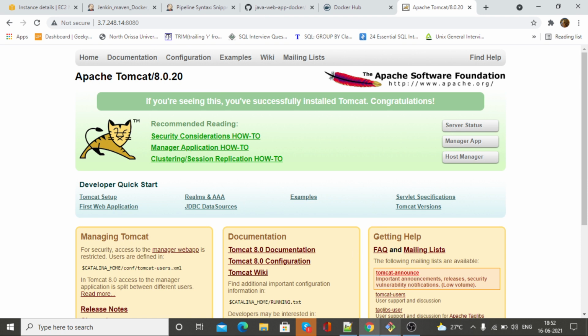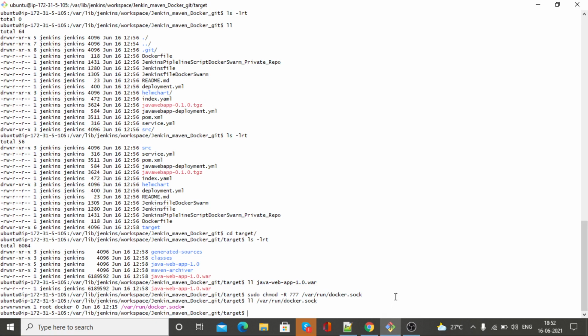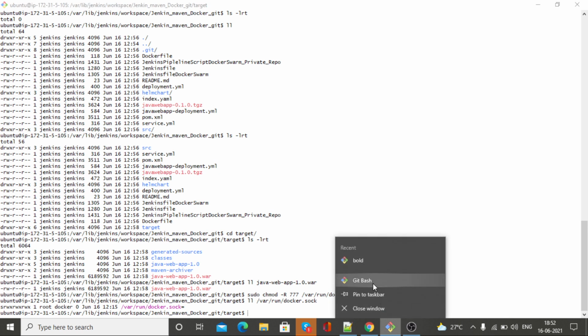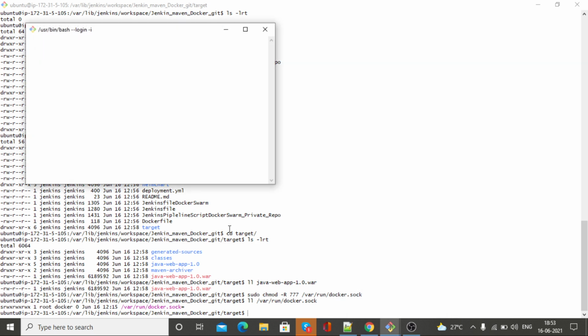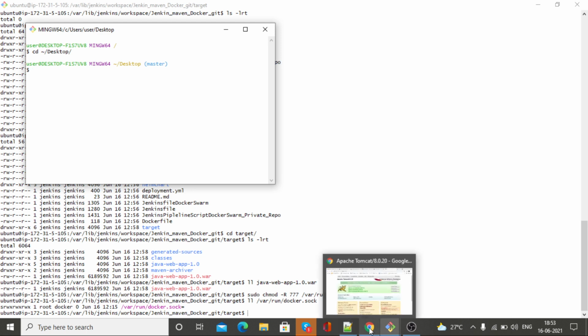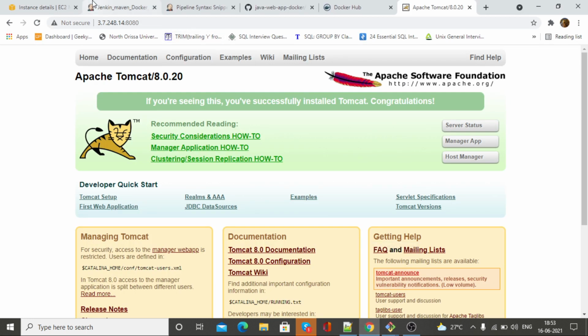And let me take you to the server. So guys, let me connect with SSH.